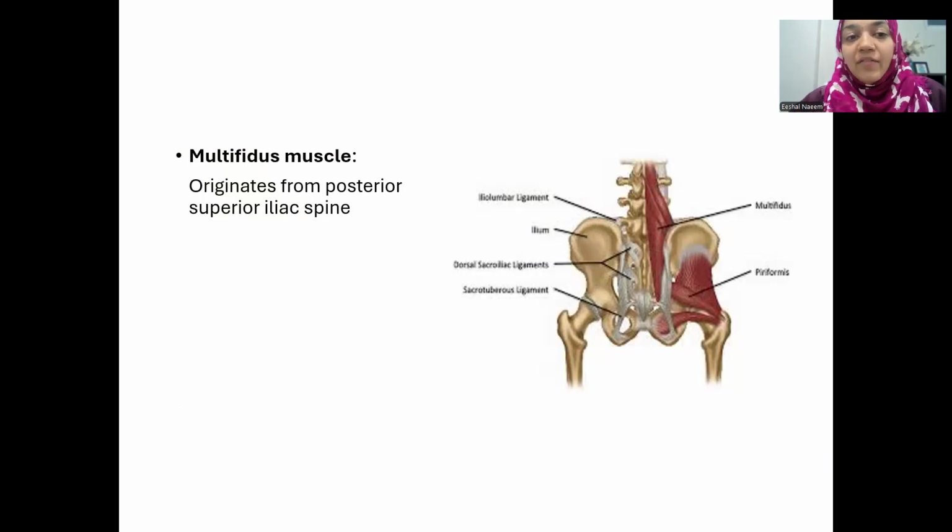Moving on, we have the first muscle that we're going to study. That's the multifidus muscle. The multifidus muscle lies deep to the erector spinae muscles when we were studying the muscles of the back. So when we studied the erector spinae muscles, we studied I love spine. The most lateral was the iliocostalis, then it was longissimus, and then it was spinalis. Deep to these three muscles is the multifidus muscle. The multifidus muscle originates from the posterior superior iliac spine. Okay, so you can imagine that there's a multifidus muscle that is originating from this area, the posterior superior iliac spine.